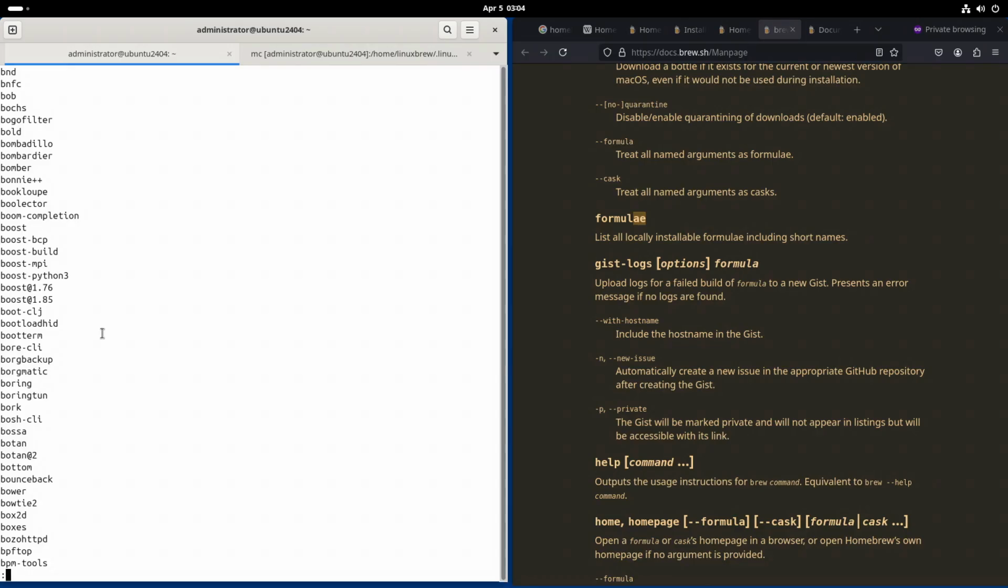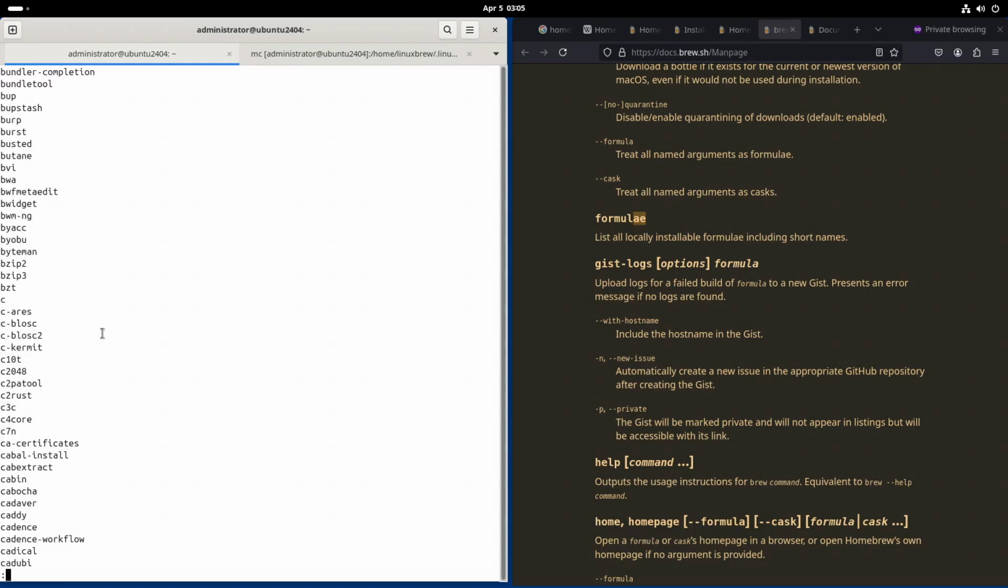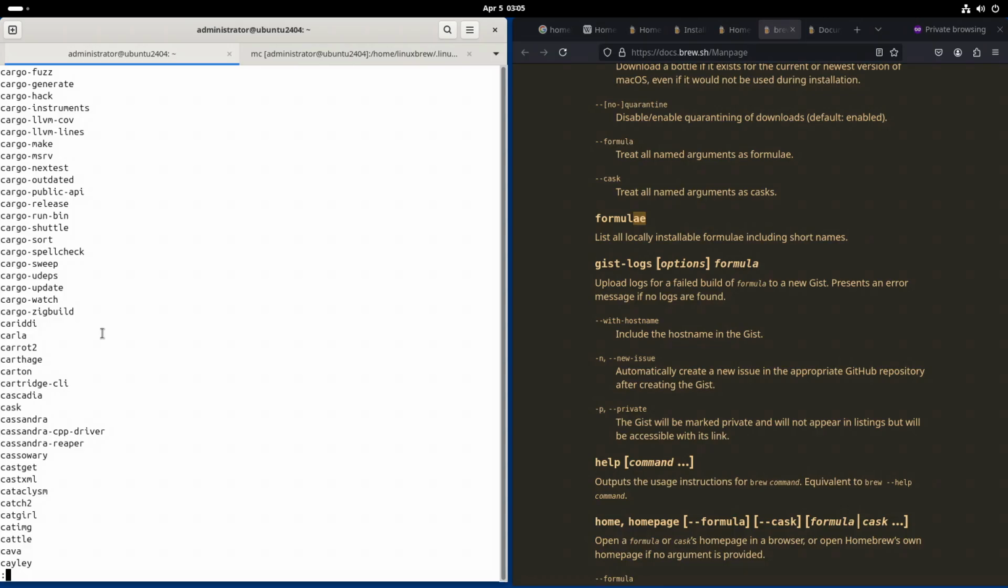Bochs the Intel 386 emulator, Boost the C++ libraries, programming languages, bubblewrap the security confinement technology, brotli the compression algorithm, Borg, probably the backup tool, bzip, CA certificates, Cairo, the library for graphical user interface images, Cargo, probably Rust packages, Cascadia, probably fonts,